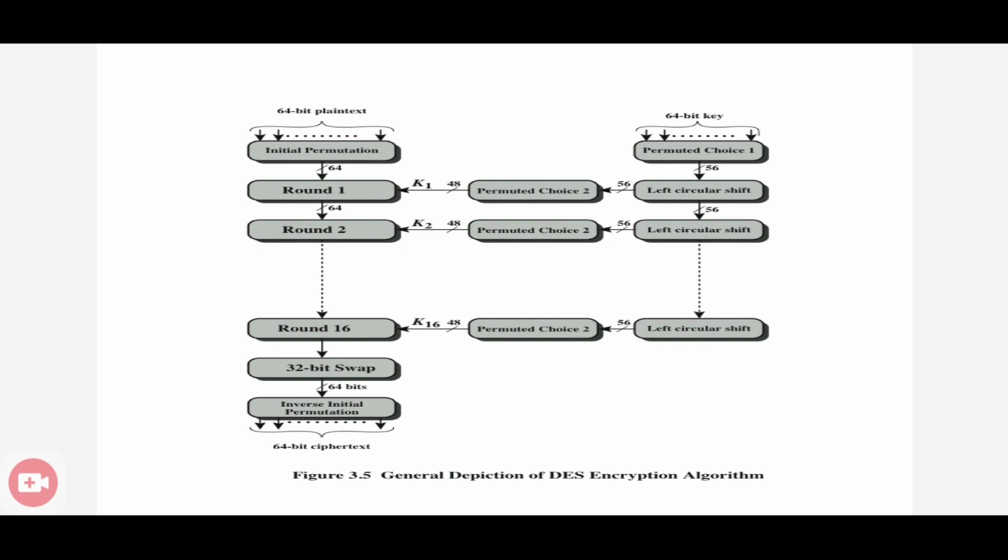Inverse of the initial permutation. Then we get a 64-bit ciphertext. Clear? That is the encryption procedure. Then for encrypting, we have